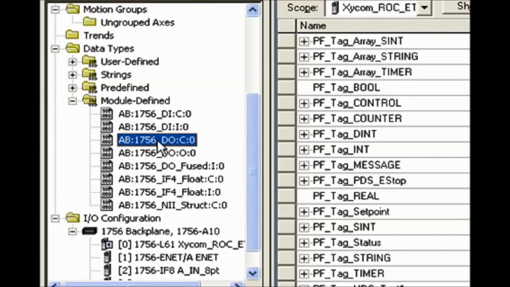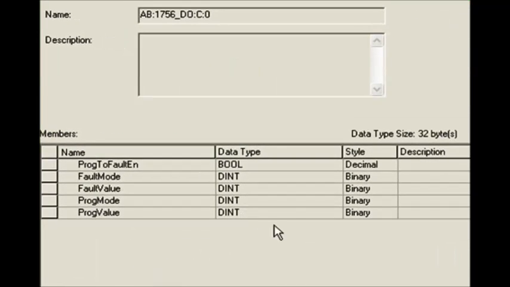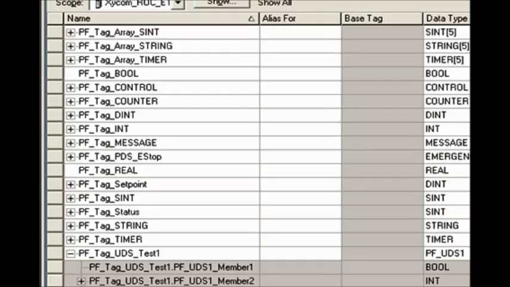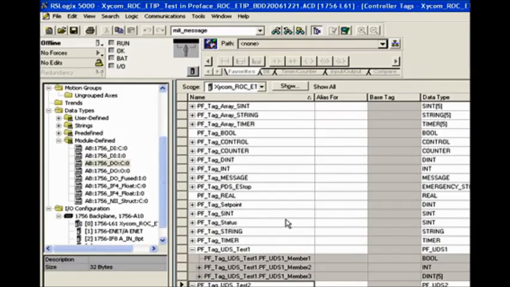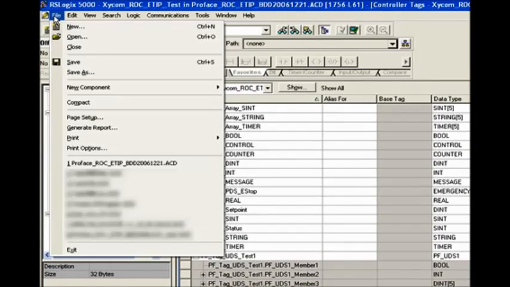And if you take a look at one of these, you'll see, for example, that this is a structure for an output card that has a series of double integers or dints and a boolean, and all contained within that one data structure. So what I'm going to do is I'm going to go to File and go to Save As,